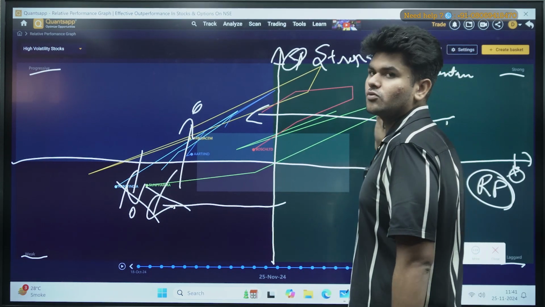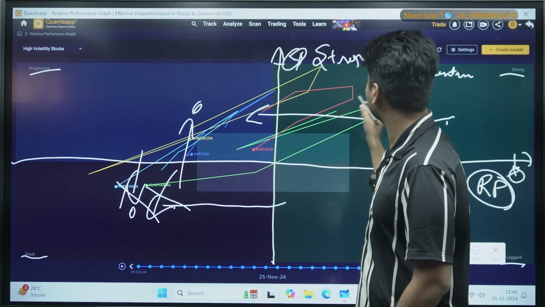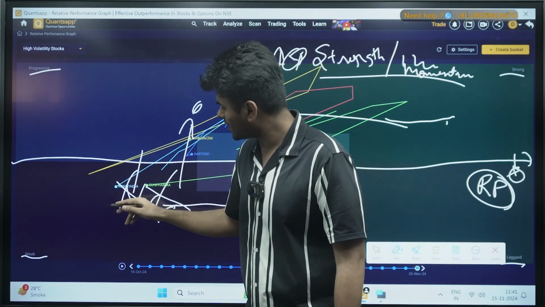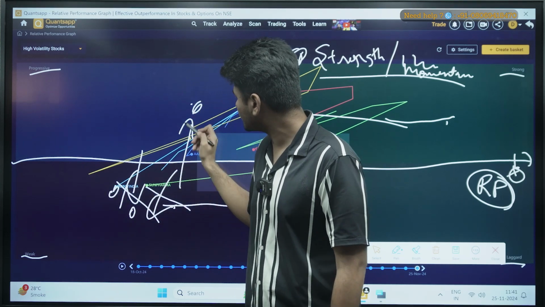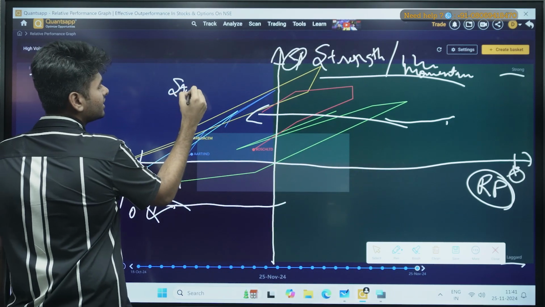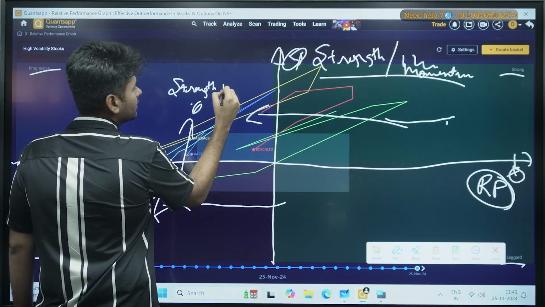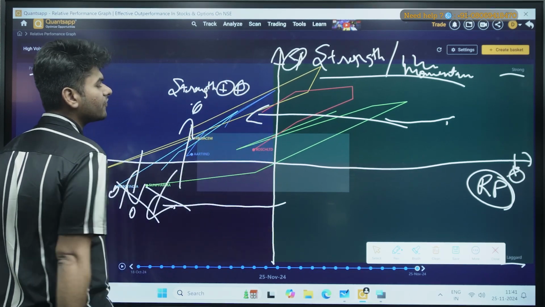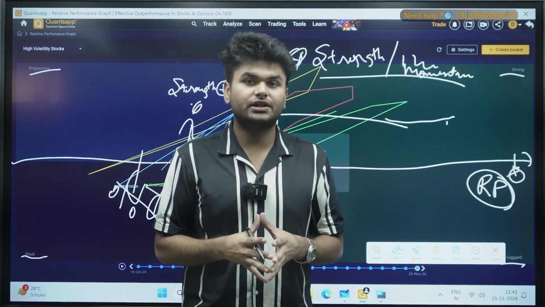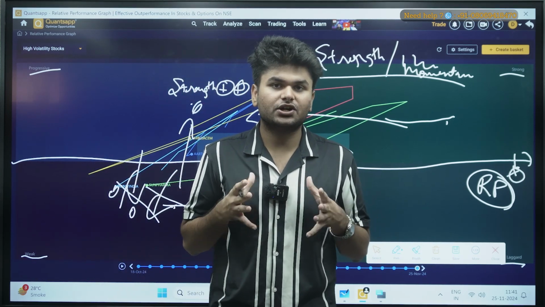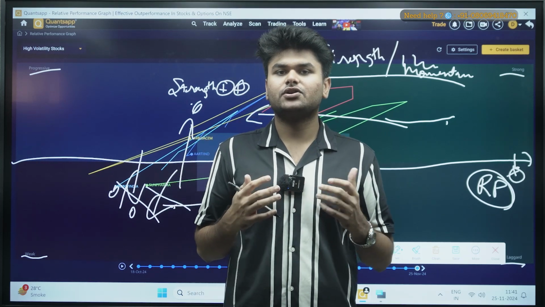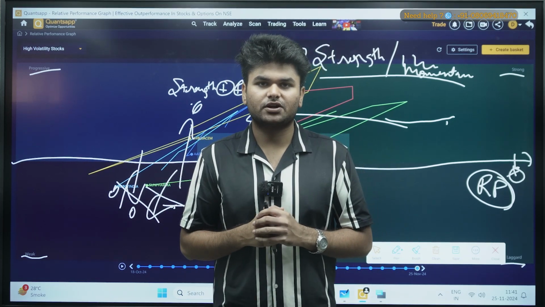So strength or momentum, okay, so you are just identifying the strength or momentum with the y-axis. So if the particular stock is going from weak to progressive, that means somewhere the strength has increased. Okay, so whenever the strength is increasing, that means somewhere people are trading there, or people have started to trade in the particular stock, and there's a momentum increasing in the particular stock,